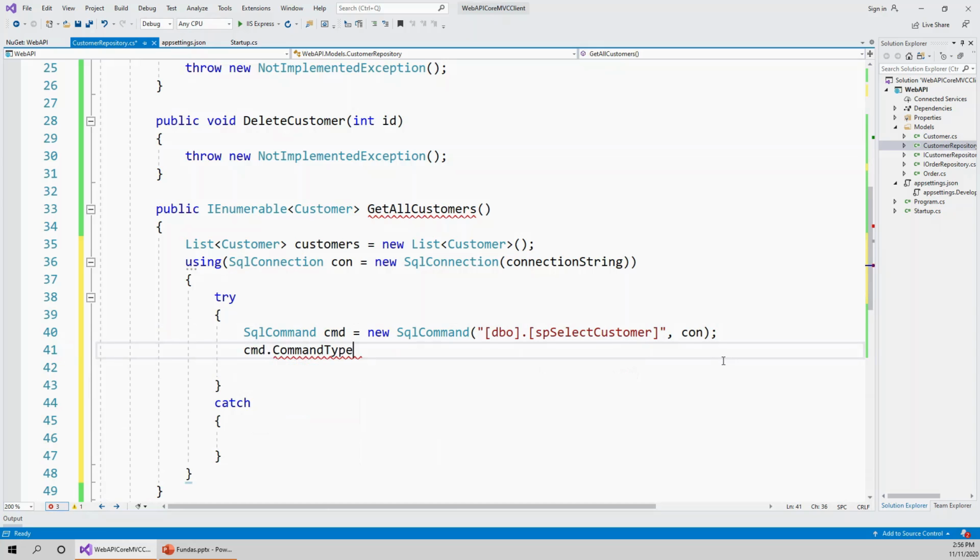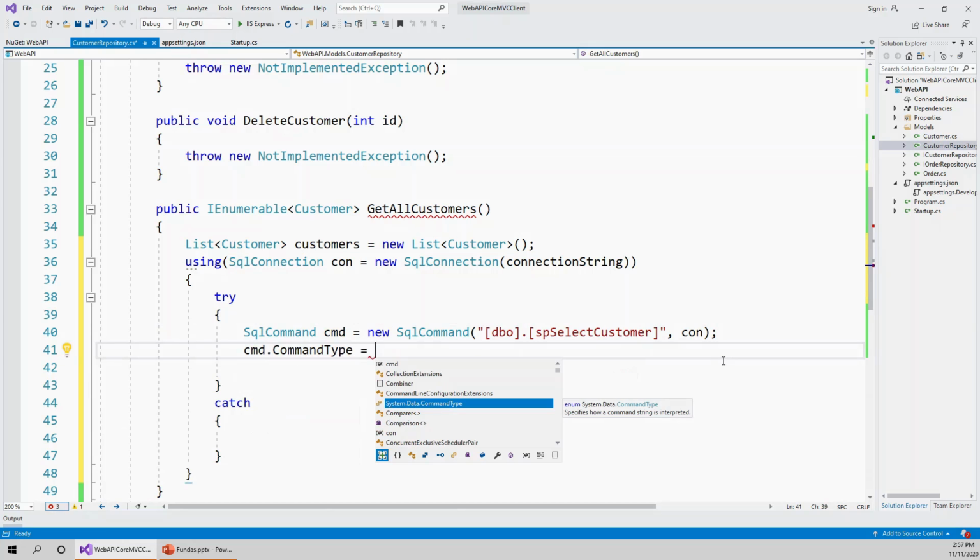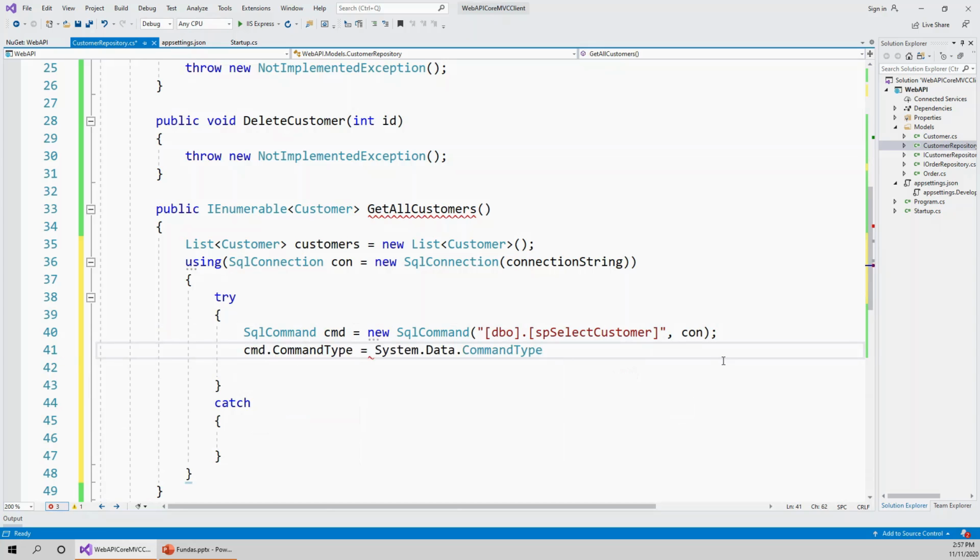In this case it will be System.Data.CommandType dot, we have got this as StoredProcedure, not text. Because I am going to call the stored procedure which I have already written, command.CommandType is CommandType.StoredProcedure, and then in the next line I'll have to open the connection